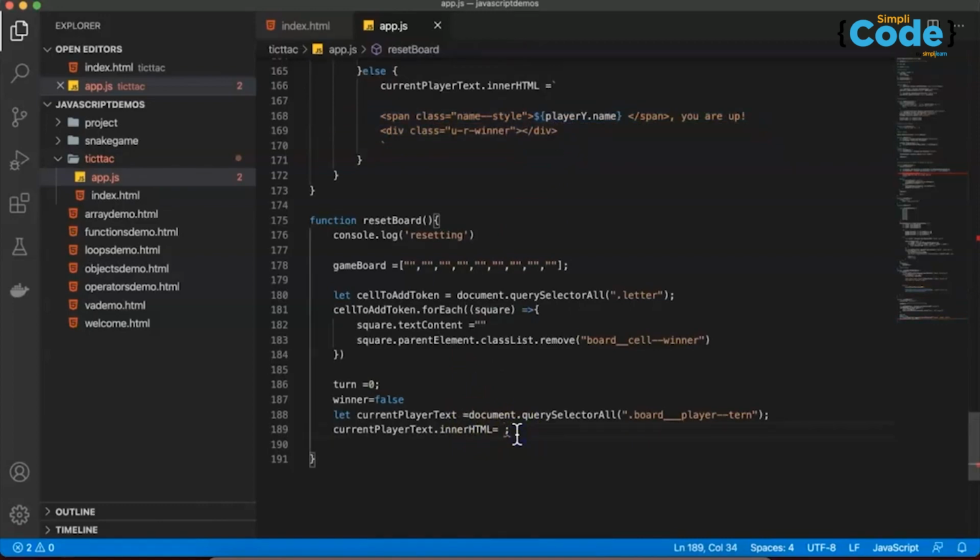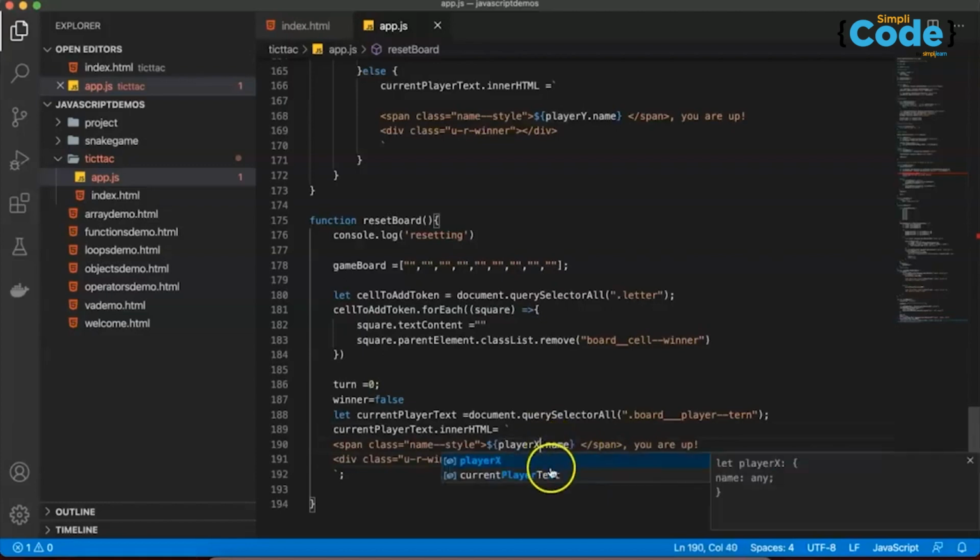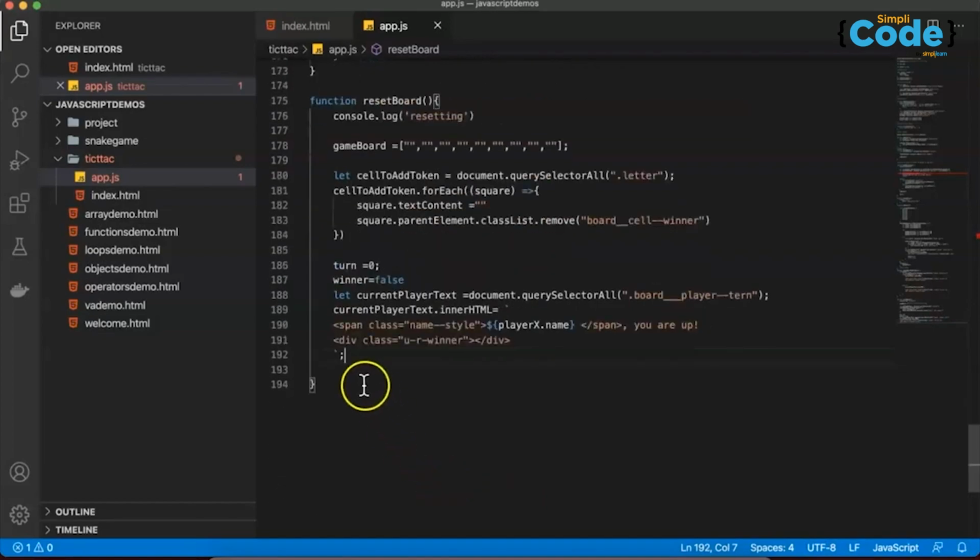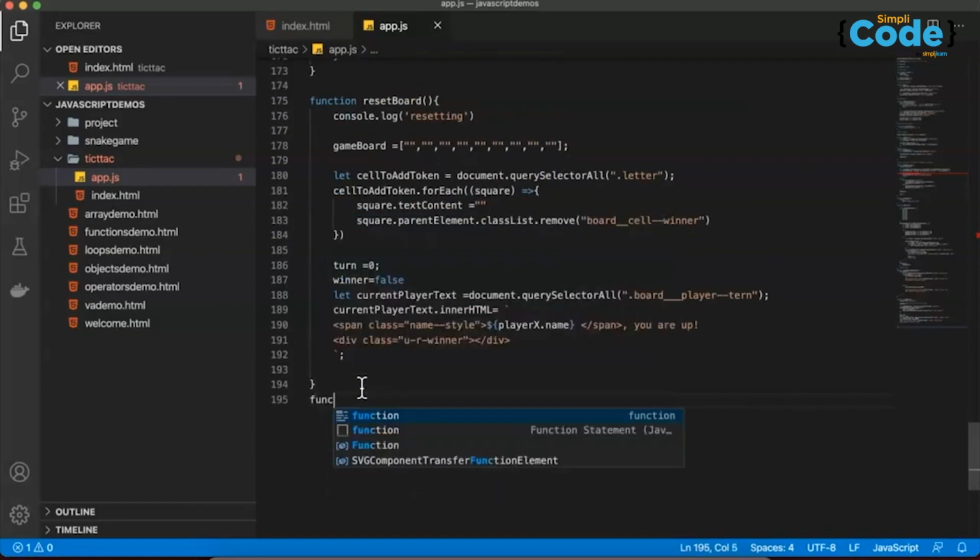Inner HTML equal to, and in this we have to say player x dot name. Just everything is same, no change at all. Now here after that we're gonna write one more function called function